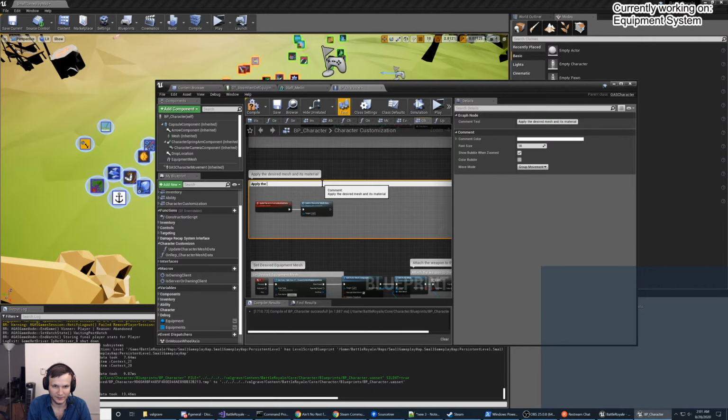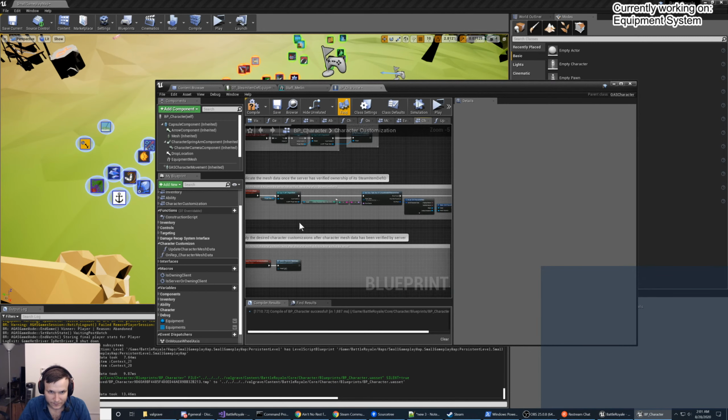Apply the desired character customizations after character mesh data has been verified by server. So